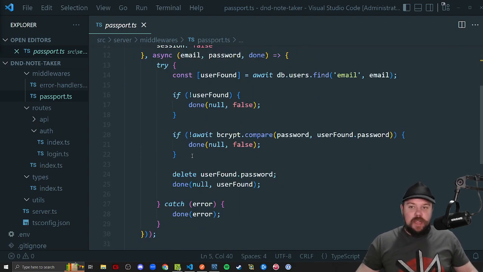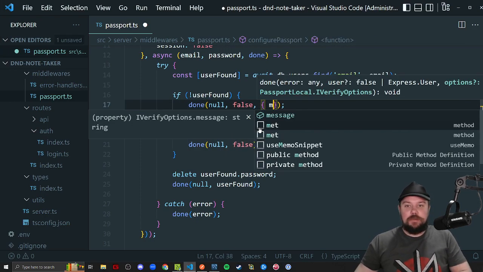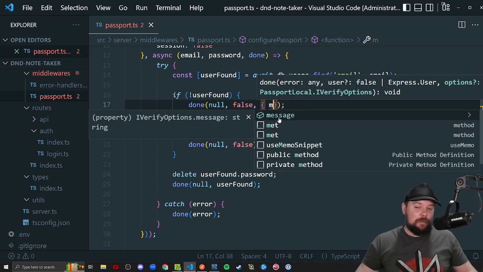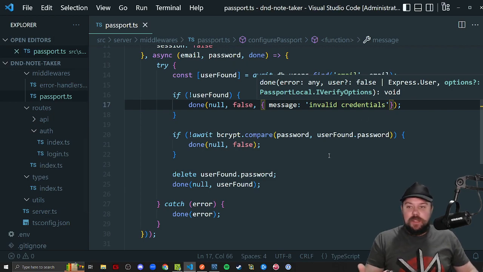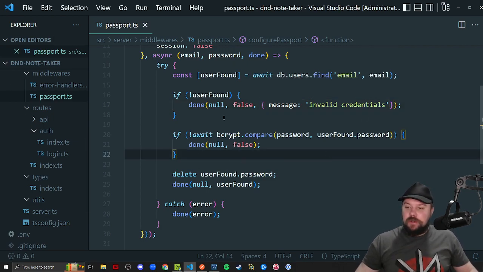Now, while this is a fine approach, some things to keep in mind. If you want to pass a custom message with our done functions here, we can actually pass an object that has some properties in it, for example, a message that we intend to pass along, such as invalid credentials or something like that. What I'm actually going to do here is reverse the way I'm currently handling it,